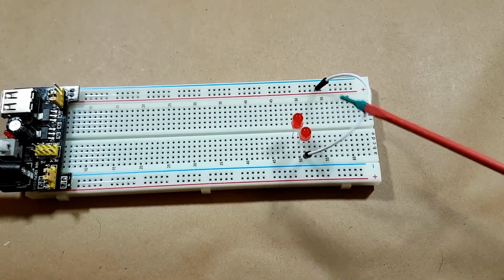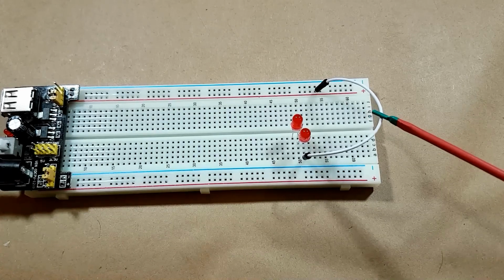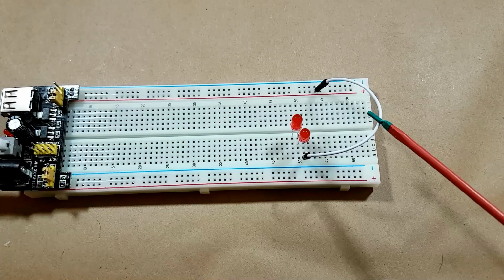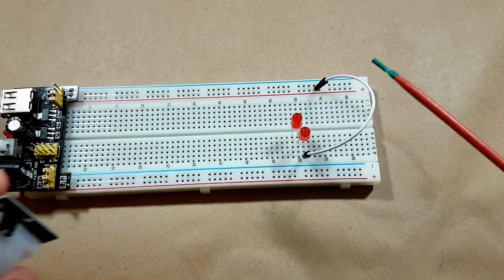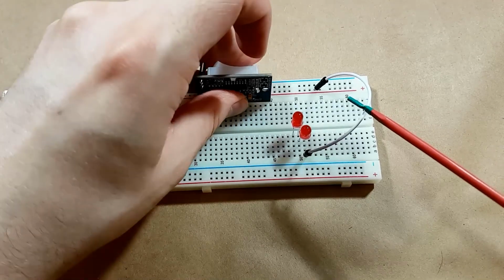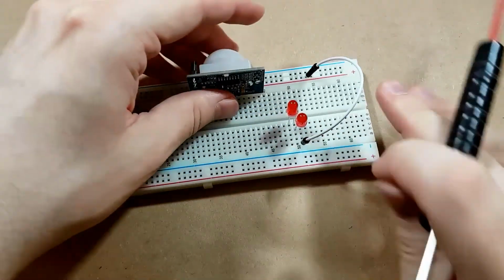So when prototyping, I tend to use these jumper wires, and they're really not as good as the actual hookup wire. These wires are very unreliable, I've noticed. So ideally I would be using hookup wire, but I'm not. So I'll just make do with what I have temporarily. So this is the PIR module, and